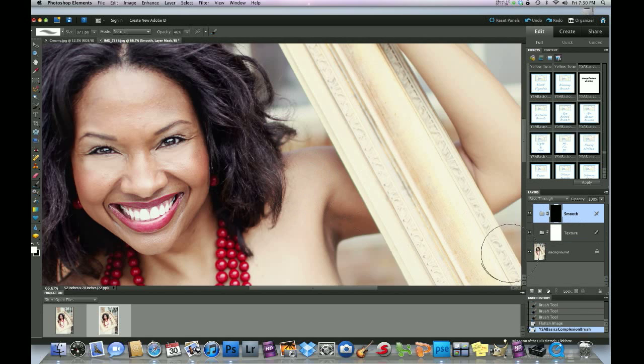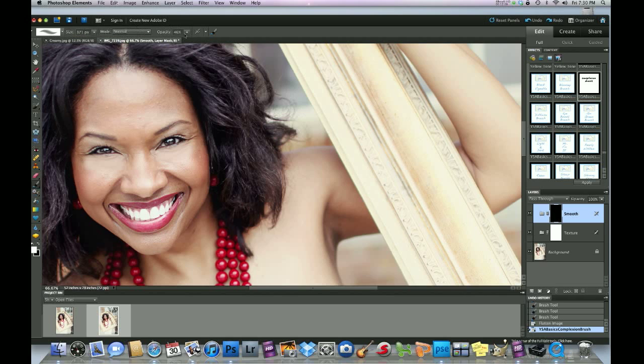All right. Okay, so with this action, you've got two layers. You've got a smooth layer and you've got a texture layer. And the smooth layer has that black mask, which we were talking about earlier for the brush. So you want to make sure the foreground's white, the brush, that way you can brush it on. And then you've got a texture layer. And the texture layer you want to use after you use the smooth layer. And what the texture layer does is it brings back the detail that you would like. But today, we're just going to use this smooth layer, and we're going to show you what this bad boy can do. So with a smooth layer, white foreground, brush,